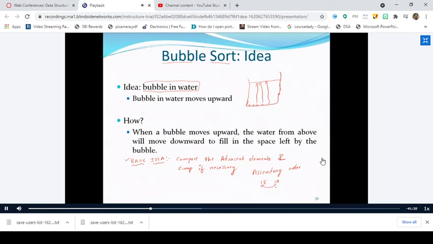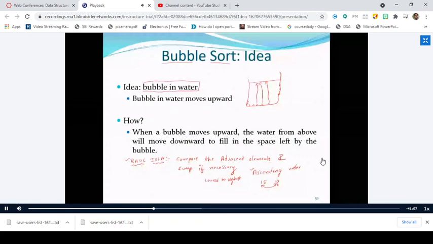Yes, sir. Why? Because my ordering method is ascending order. That means lowest to highest. Lowest to highest, ascending order means. So when I compare this 15 and 10, 15 is coming before 10, which is out of order for the ascending order. So in such cases, you have to swap them. So you swap these two values. Like this you will do, right? After swapping, you will get the elements as 10 and 15.